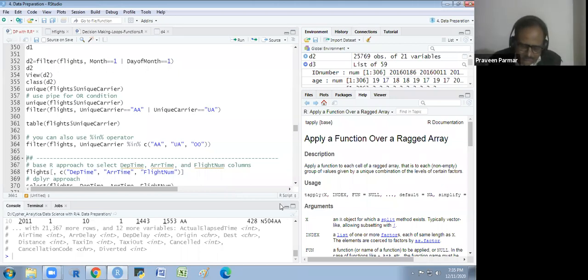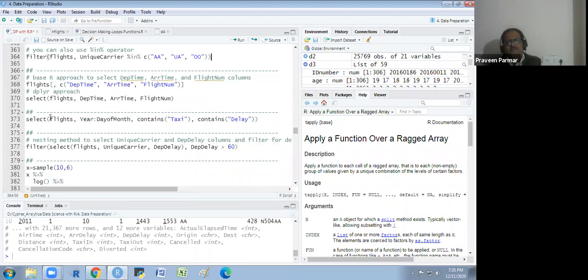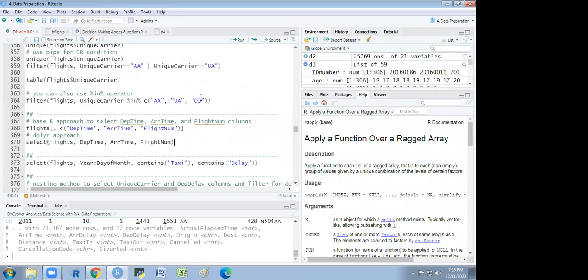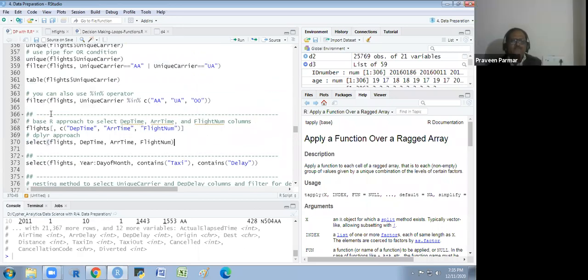Then we will take select. We select the column. I will tell you later on, it will come. The select is here. Okay, sir. I am just coming to that.